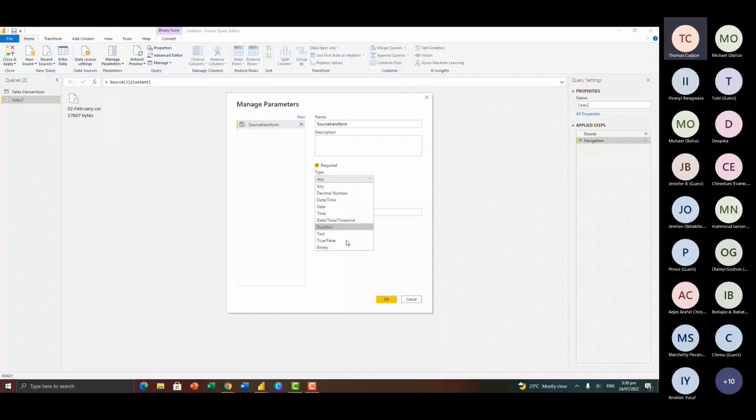So now it has been able to identify this binary query here. So that's what is going to be the default value. With the current value, we are still going to maintain this. So here, the only thing we are going to change is make sure that here we pick binary. And then the suggested values are also going to be binary. So with this done, I'm going to click OK. So now we have our parameter here.